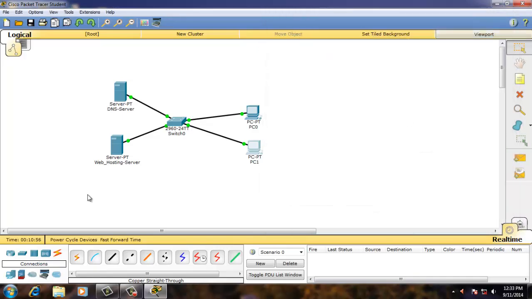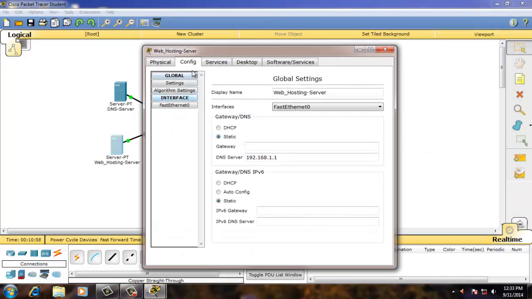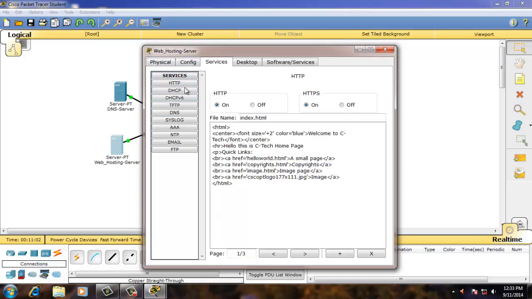So that means whatever changes you make in the web server will reflect on the other services. Now see, HTTP here: hello, this is ctech homepage. Welcome to ctech. This is the ctech homepage. So whatever you change here, it will reflect there. So welcome to